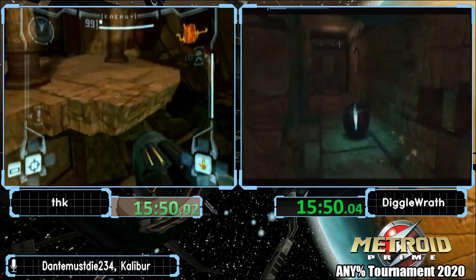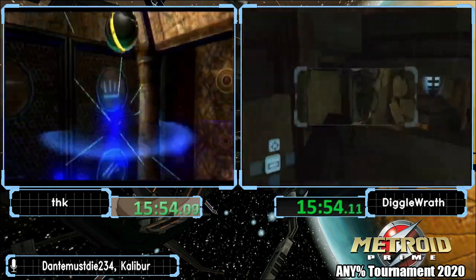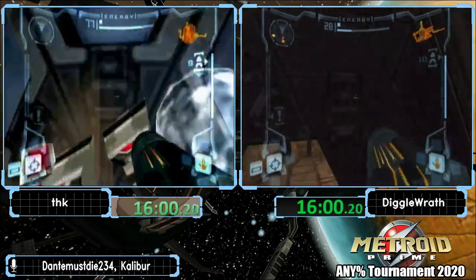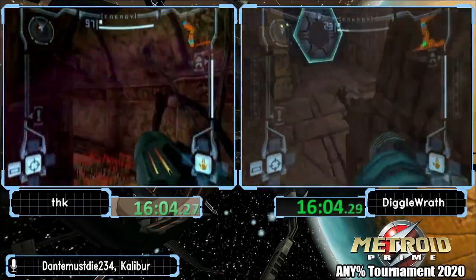Alrighty. Normally you're supposed to go through Arboretum and get all the little runes and stuff like that, but nope, you can just bomb jump over. Alright, and now both players are going to be headed to Flogra. So because...